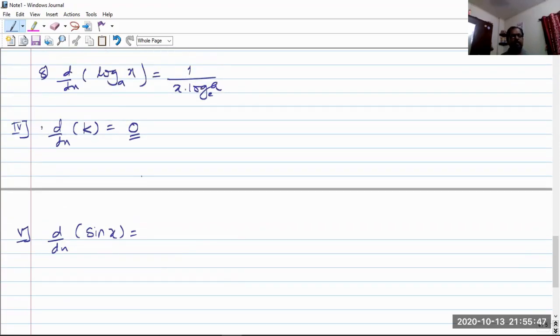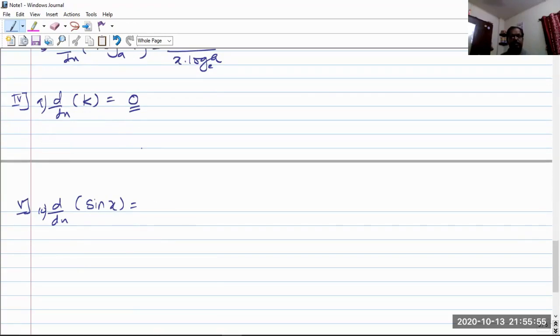So here this was formula number 9. Now note down formula number 10, derivative of trigonometric functions. The derivative of sin x is nothing but cos x only. Then the derivative of tan x is... not tan x, we will go in order. After sine we have the function cos. So what will be the derivative of cos x? We will see. The derivative of cos x is equal to minus sin x.